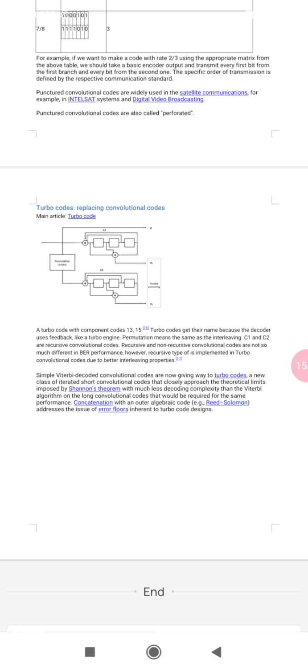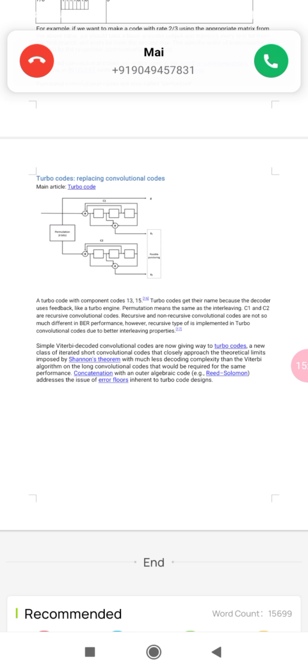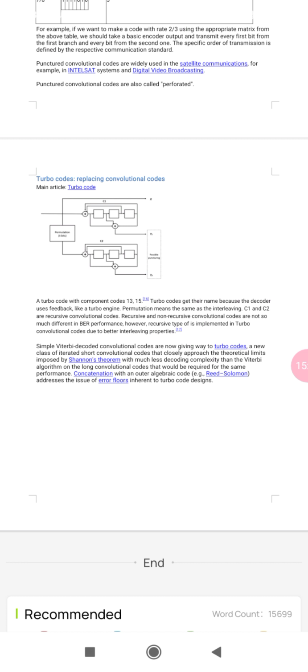Punctured convolutional codes are being replaced by turbo codes. This is the diagram. Okay, turbo code replacing convolutional code. Please observe the diagram.